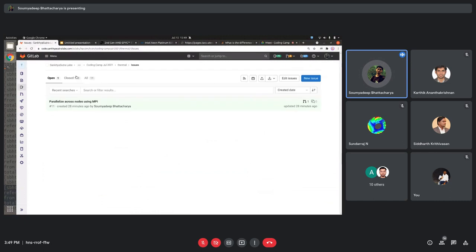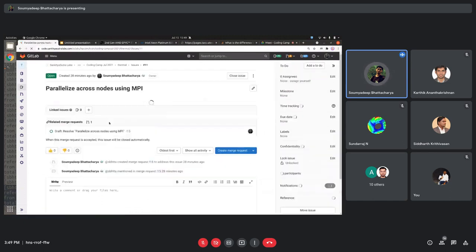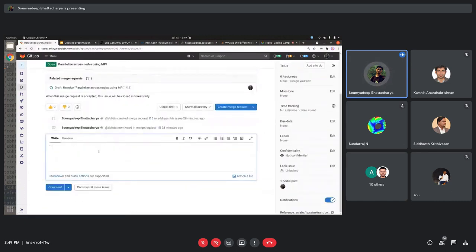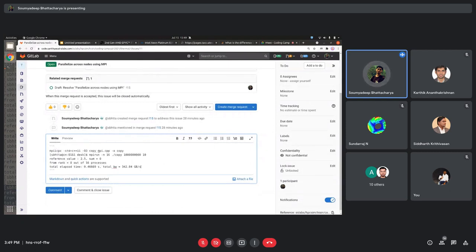Okay, I'm pretty sure there has been some confusion regarding this, so please tell me. Is there some part you want me to clarify a bit better? This is not the best example of OpenMPI. Usually if you go to MPI tutorials, people will do hello world with 16 processes, then it will say hello world 16 times from rank 0, rank 1 up to rank 15. But I'm assuming